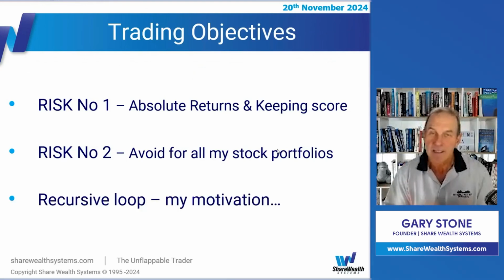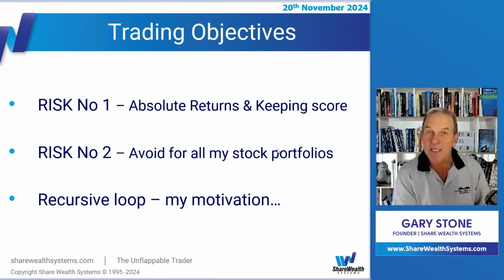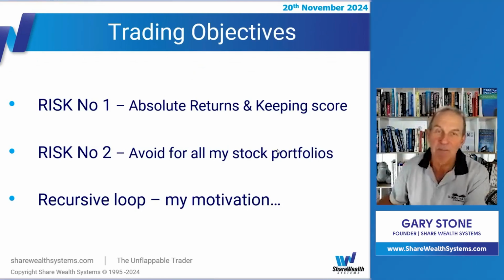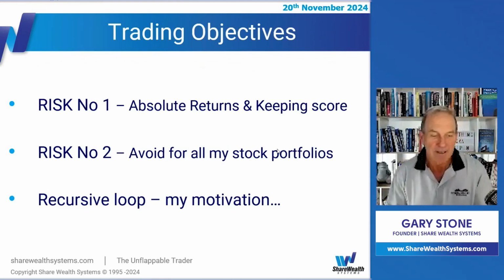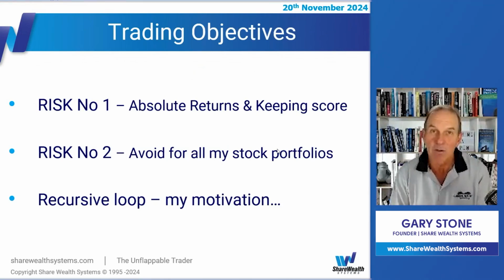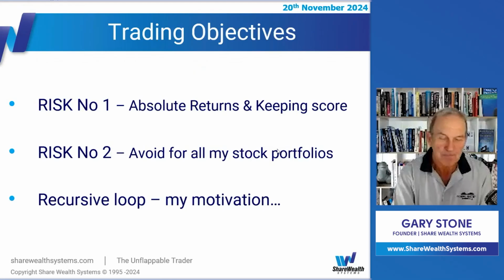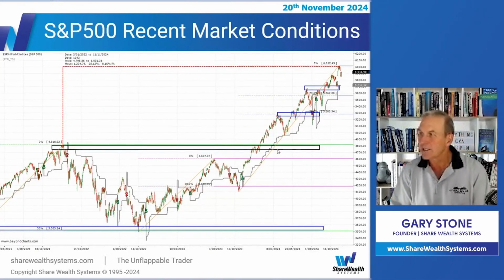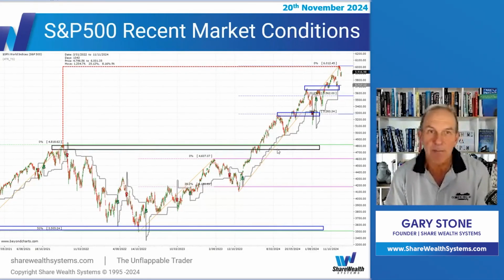So I have this as a motivation, as a recursive loop going on in my mind all the time. There's the reward side of things, the upside and returns, and there's the downside, if you like. And what comes to mind is buy and hold ETFs. Obviously there's a massive move worldwide going into that, and that's all great while the markets are rising. But when we have the inevitable 50 to 80% drawdowns in major indices around the world, not going to be such a good strategy.